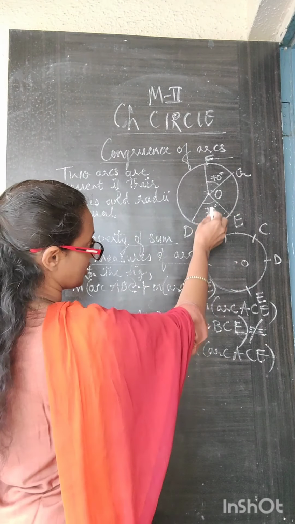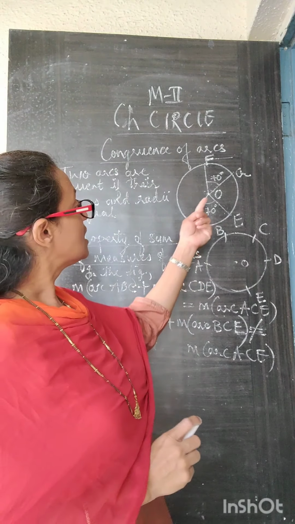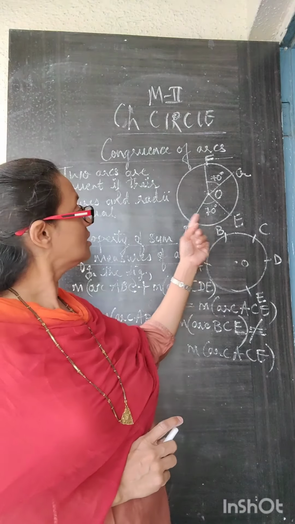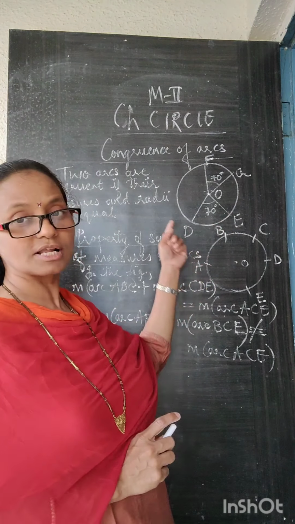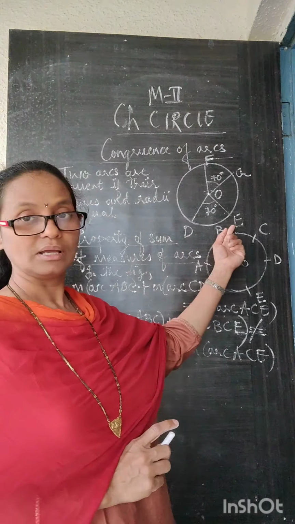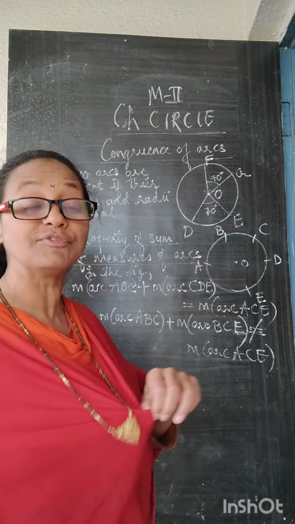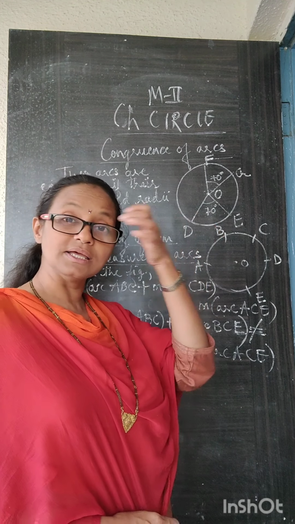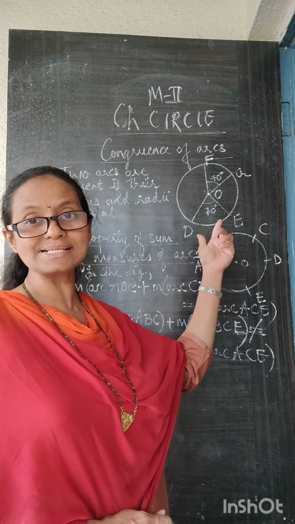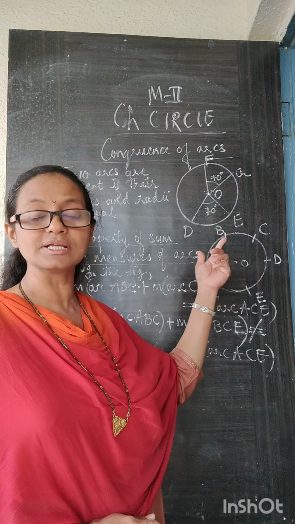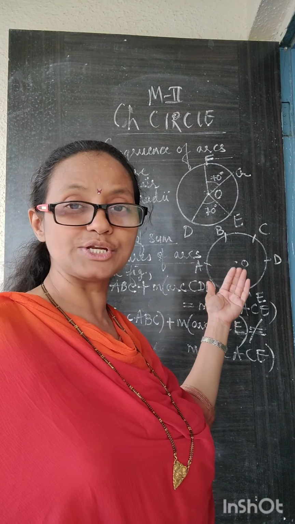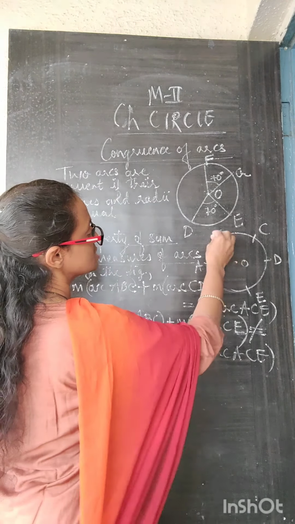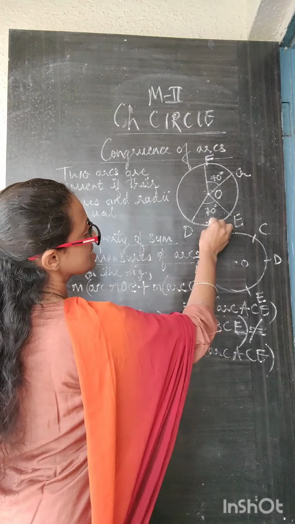As you can see in this figure, what is the central angle measured here? This is a circle with center O with the central angle 70 degrees, and this central angle DOE corresponds to this minor arc DBE. And we have learned the definition of minor arc: the measure of the minor arc is equal to the corresponding central angle. Therefore, arc DE will be 70 degrees.